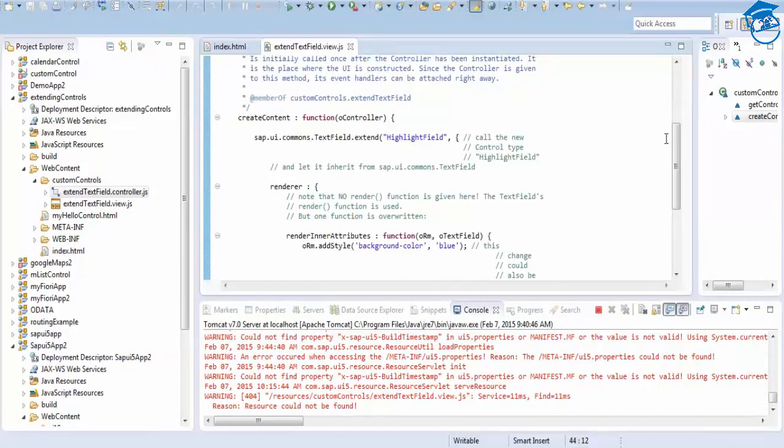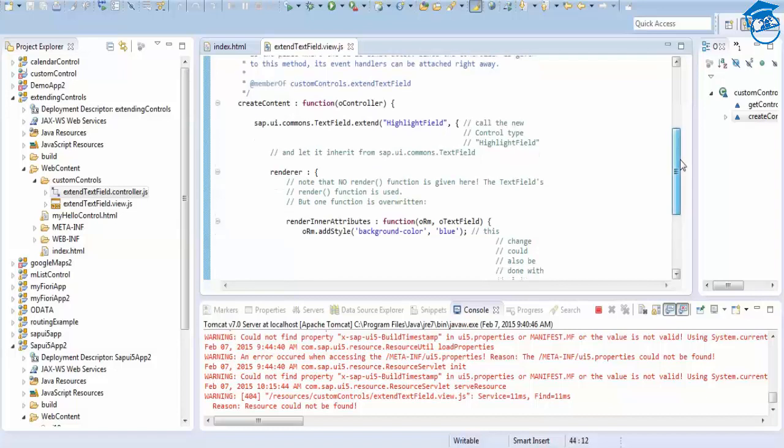In this scenario we have a text field, and inside the text field we're going to place some color, that is nothing but a background color. We have started with sap.ui.commons.TextField.extend. We're going to extend that particular text field and give it a name, that is HighlightTextField. And to this we're going to have a renderer.